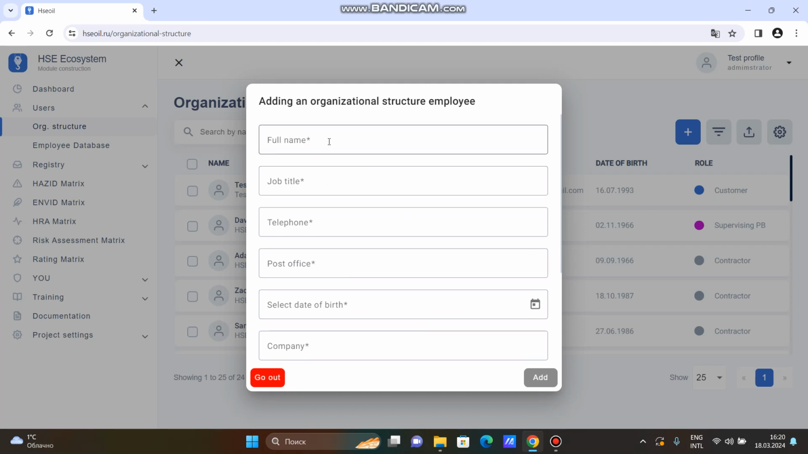We type in first name and second name, position, telephone number, to have contact details in case of emergency at the site, email at gmail.com, for example, where we'll get any notifications, date of birth, then company name,